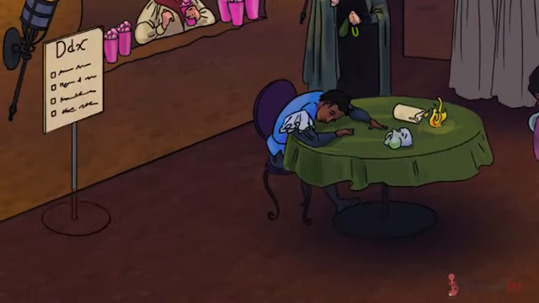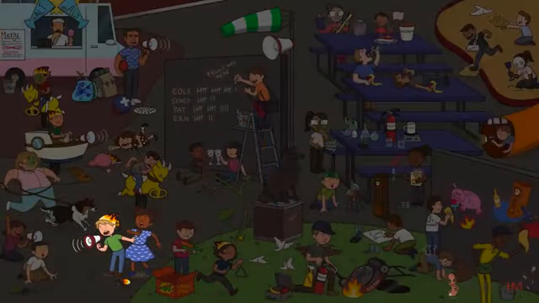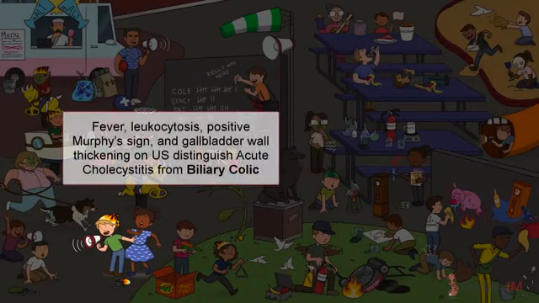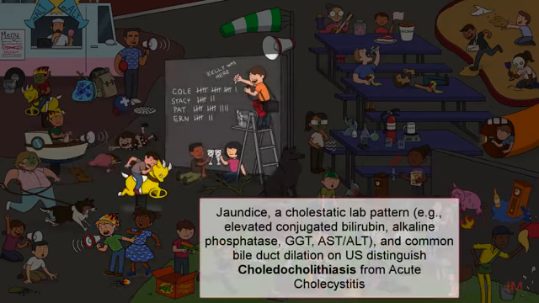Cholecystitis oftentimes doesn't give you too much to work with right off the bat, so it's important to keep in mind other pathologies that can present in the same way. An important part of diagnosing acute cholecystitis is differentiating it from run-of-the-mill biliary colic. The key features indicating acute cholecystitis over biliary colic are fever, leukocytosis, a positive Murphy sign, and gallbladder wall thickening on ultrasound. Choledocholithiasis may also be present with right upper quadrant pain, but expect to also see jaundice, a cholestatic pattern of lab findings, such as elevated bilirubin, alk-phos, GGT, AST, and ALT, and common bile duct dilation on